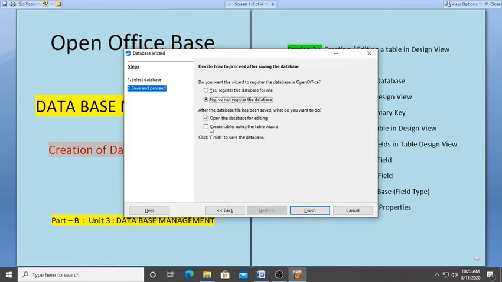We want to open the database for editing, so let it be checked, means ticked. And we don't want to create the table using the ready-made wizard, so let it be unchecked. After that only this can be checked and we can click on finish.